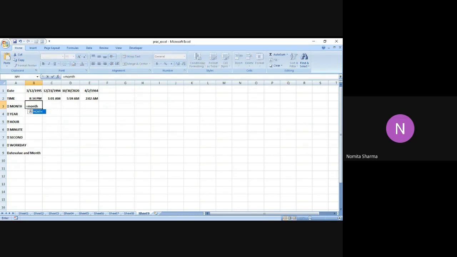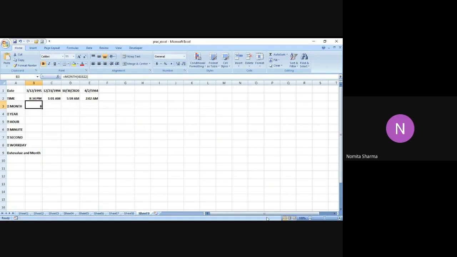In a similar manner, we have the month function as well. The month function will return the month, a number from 1 to 12, that is January to December. Let me put the bracket, and over here it says the serial number. Normally it's difficult to remember the serial numbers which are already predefined in Excel. So if I do not know, I can very easily put the date in double quotes. Let me first put the serial number which I have just recorded, 43322, and I close the bracket, and it gives me the month in this particular date as 8.